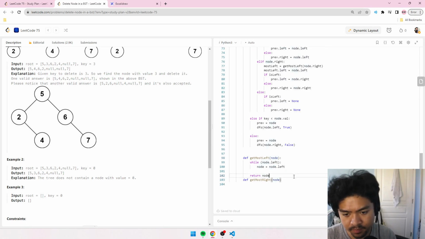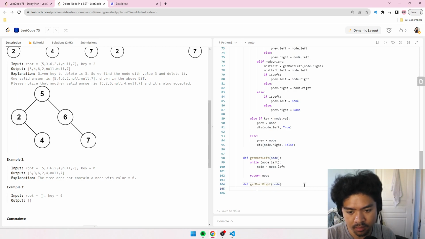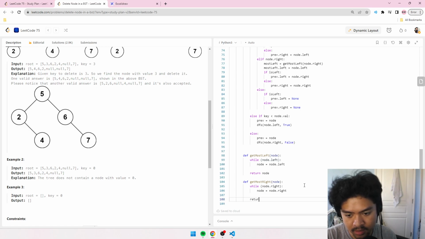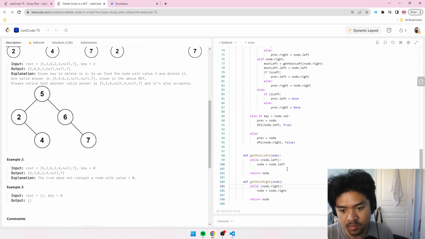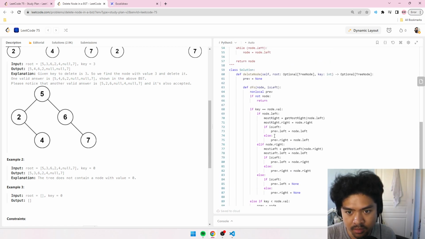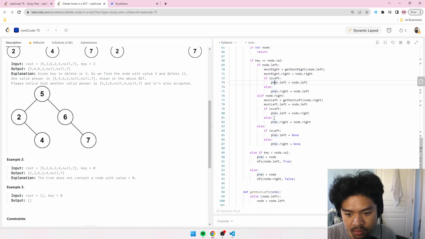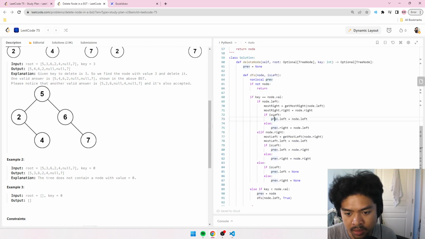And same case here. So while node dot right is true, then node is equal to node dot right. If it's not the case, then return node. Yeah, this makes sense. So this is done. Now all we gotta do is we got to